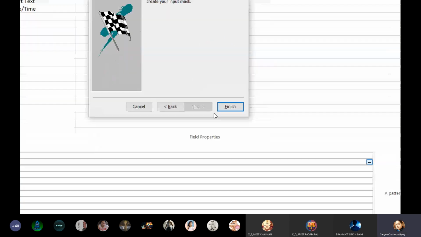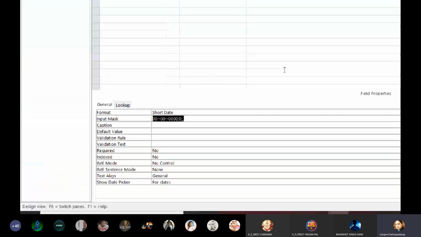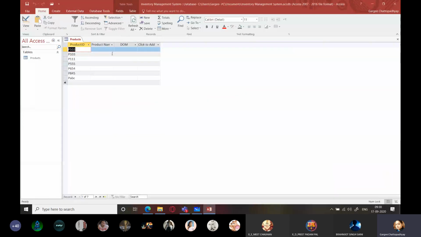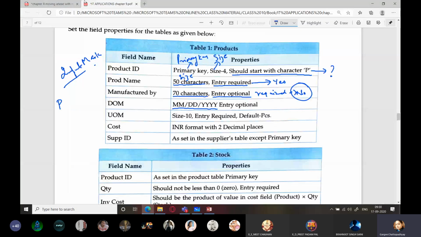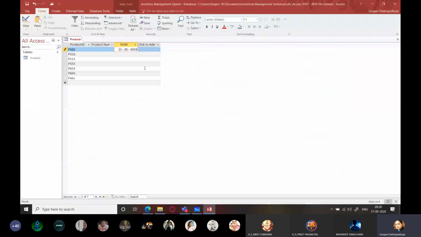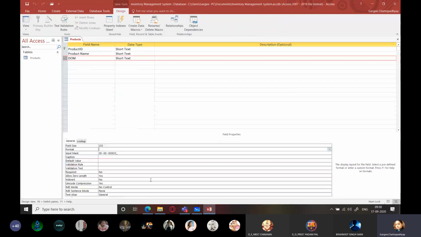Next, click on finish. And let me check, but I don't think I'm going to get the correct answer for this one. Let me just go back to date of manufacture. Yes, I'm not getting that format over here. Even if I'm entering slash, why? Because slash is already taken as this character. Okay, so I'll figure out what we can do. There is one more option which I want to try out. So I'm just going to try that out.